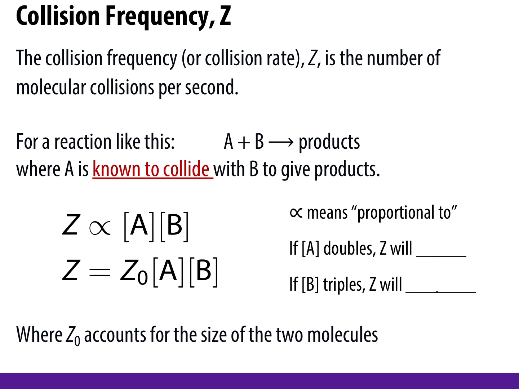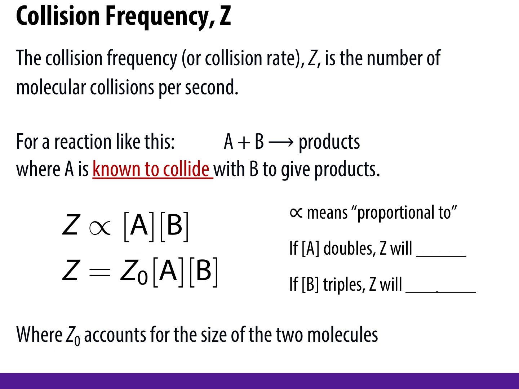So the first factor here is that in order for a reaction to occur, there must be a collision. So the upper limit on the rate of a reaction is just how many collisions we have per second. The collision frequency, or collision rate, is the number of molecular collisions per second. If the reaction is A plus B goes to products, and I know that the way this reaction occurs is A collides with B, where I know the exact collision that takes place,